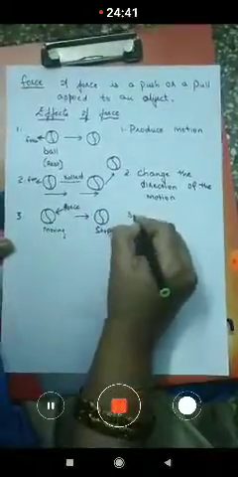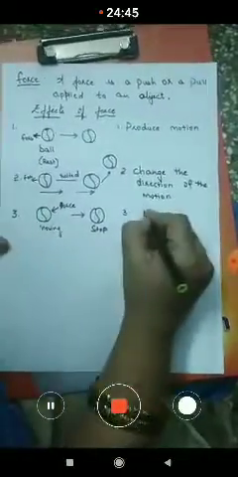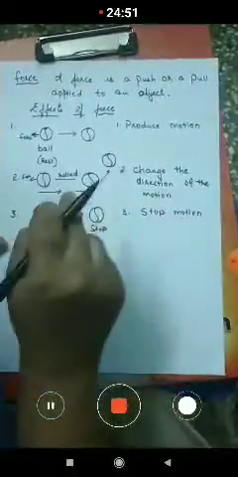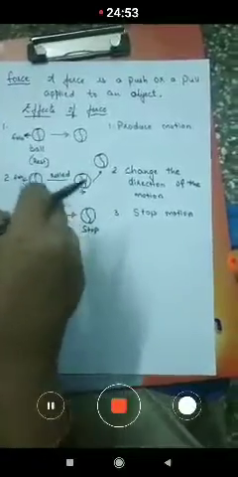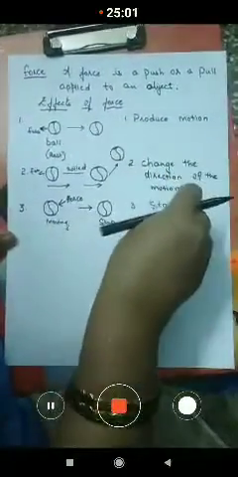So here the third effect of force, what is that? Stop motion. A ball is moving. As the ball is moving, if I apply the force to that ball, we can make the ball to stop. So this is also the effect of force. So now the fourth one,